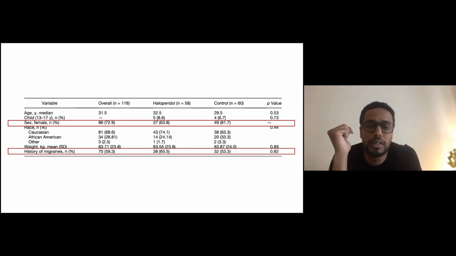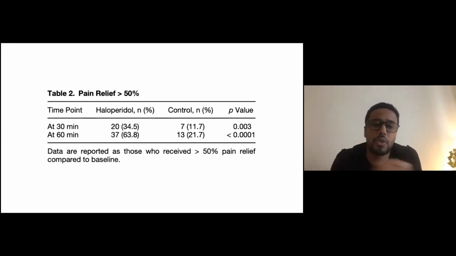The reported VAS score was 7 or greater in 90% of those participants who had a headache. Now, the 50% reduction in the Haloperidol group was 34% at 30 minutes and 11% in the